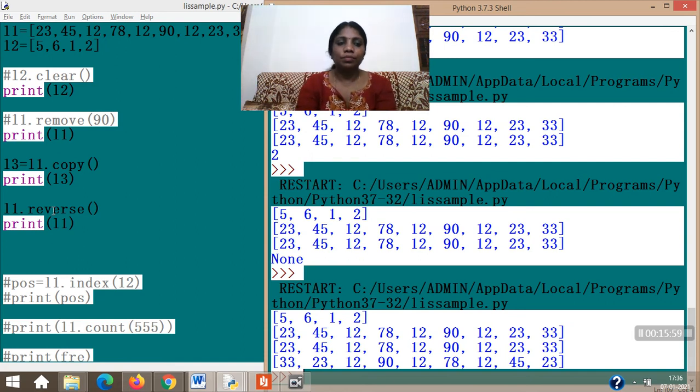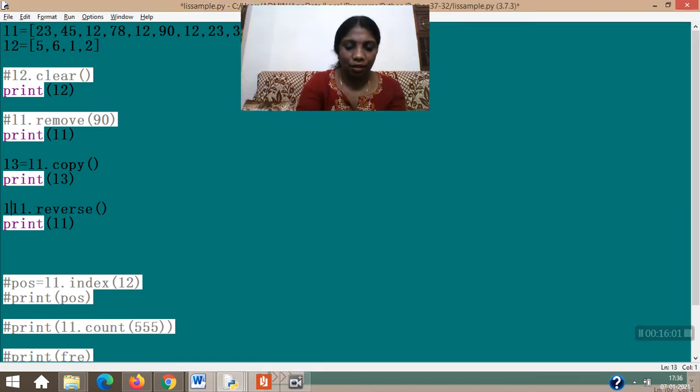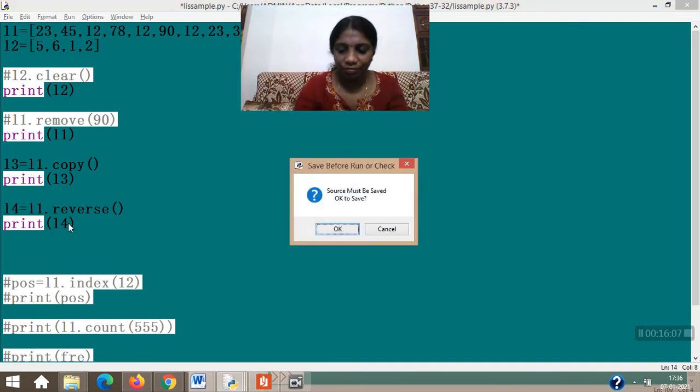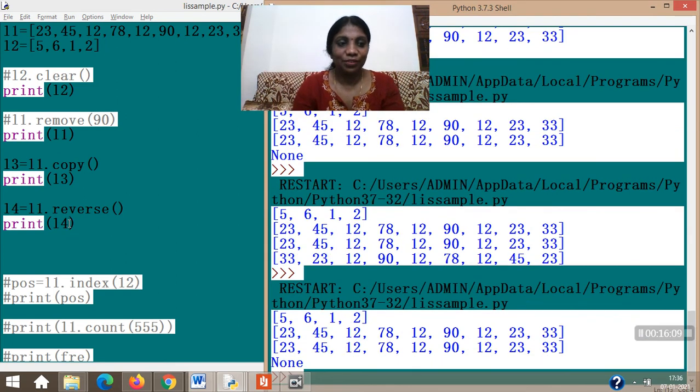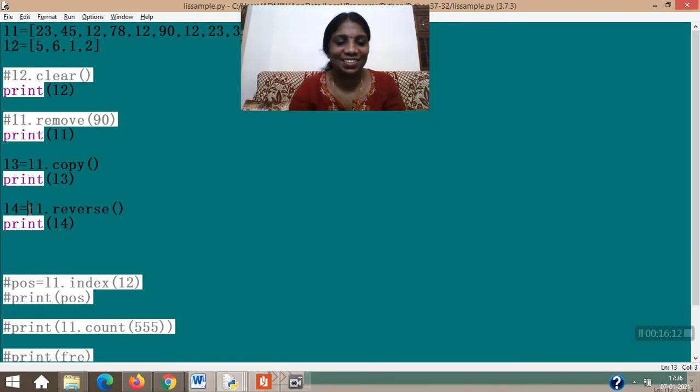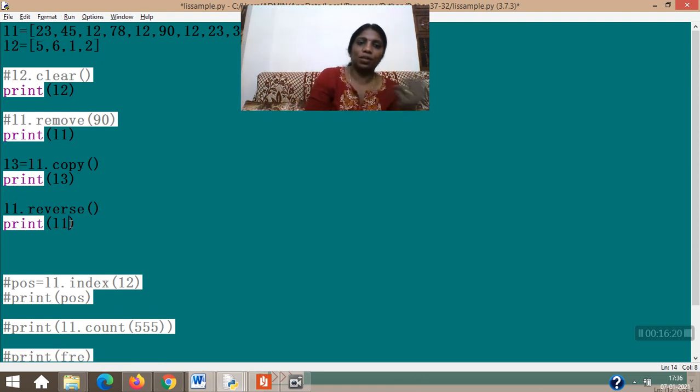Then I reversed L1. Let's try by putting this in another variable, L4 equal to, and trying to put L4 here. That should work. That also didn't work. So the only way we can do it is to try that with your same list, not to store it anywhere else. So this is a trial and error. I just tried and showed because reverse was just explained that it just reverses. So which methods are there? Only one method, that is the existing list can be shown in the reverse manner. Now the list will always be printed in the reverse order.